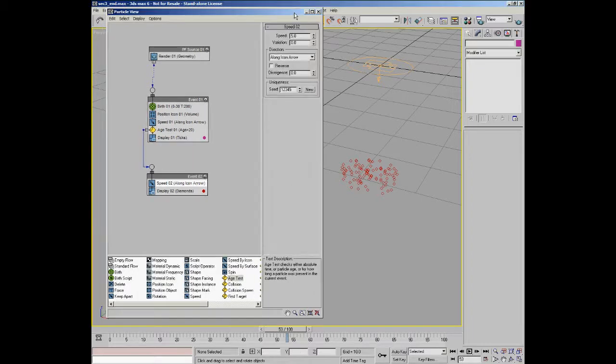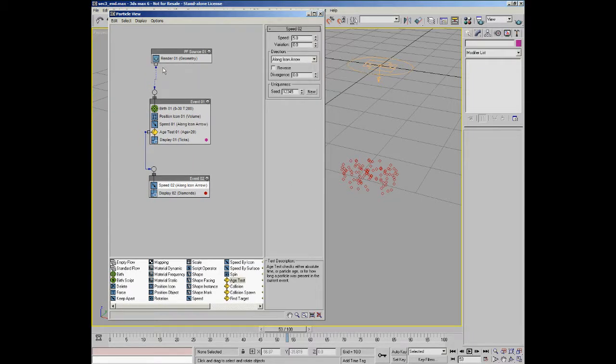Okay, so now that we're more familiar with the way the event view is used, let's go into a little bit more detail on how we navigate around it and how we use it, and how we can